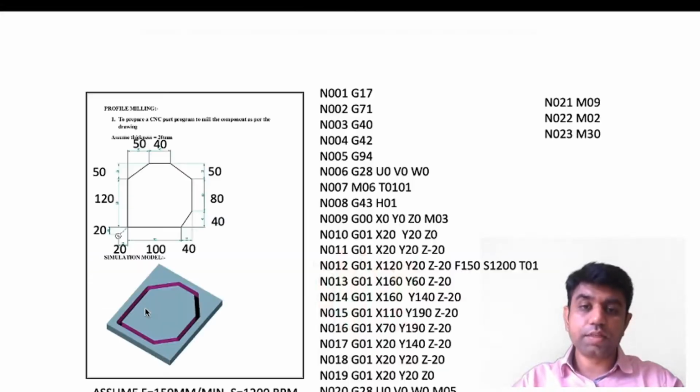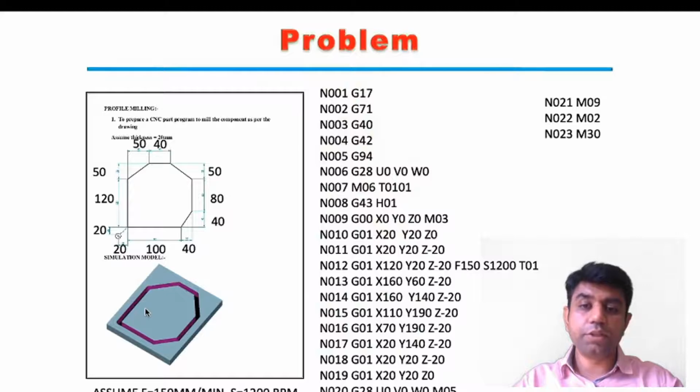Now let us take one example of part programming of a milling machine. We are having this part drawing with us. This object is required to be done in the milling machine. What will be the program that has been asked? Along with that, they had also mentioned the thickness of the workpiece, up to what depth you need to do the milling operation, as well as the feed and spindle data is with us.